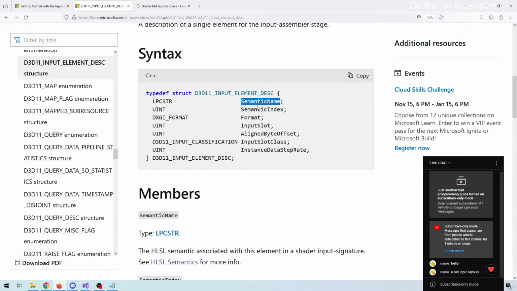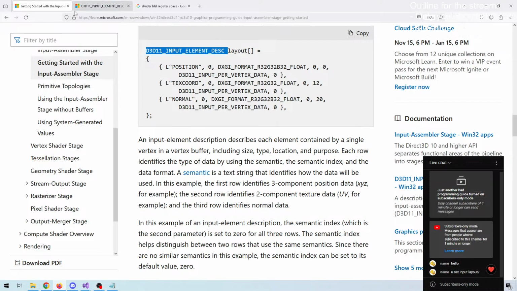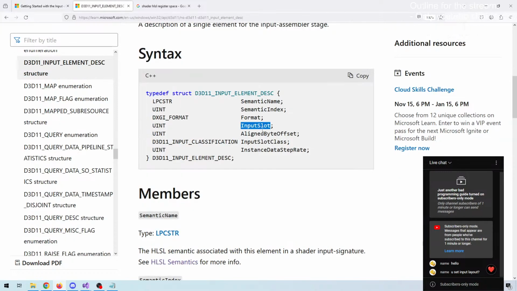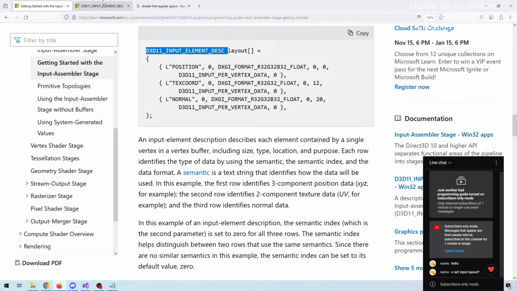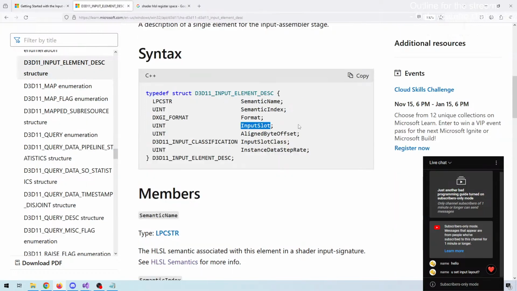So the semantic name, the semantic index, is that the same? Yeah. The format of the data structure, the input slot of the data structure, which is usually 0, I think. Then the aligned byte offset, meaning where inside our input structure do we need to offset to